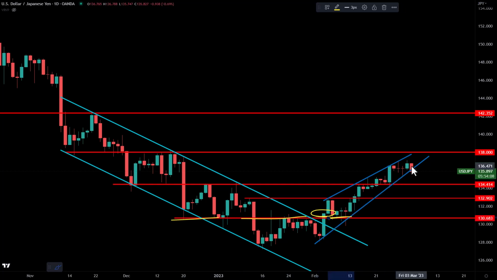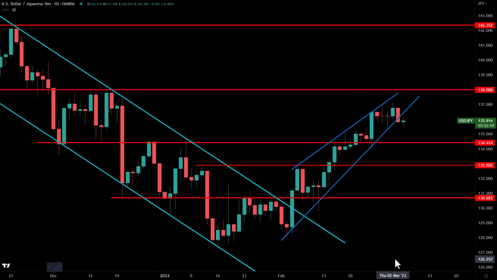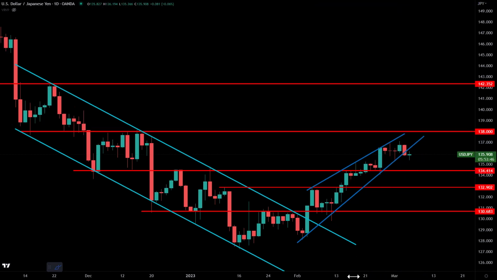Now, you've got to be a little bit careful though, if you are still in a long position here, because you can see where we have a slight rising wedge that has formed. And this did break down on Friday. We're seeing a little bit more weakness today on that high. But right now, like a lot of other markets, the dollar yen is still very sideways. Okay, so basically for this market, you've got to keep an eye on 138 as a potential